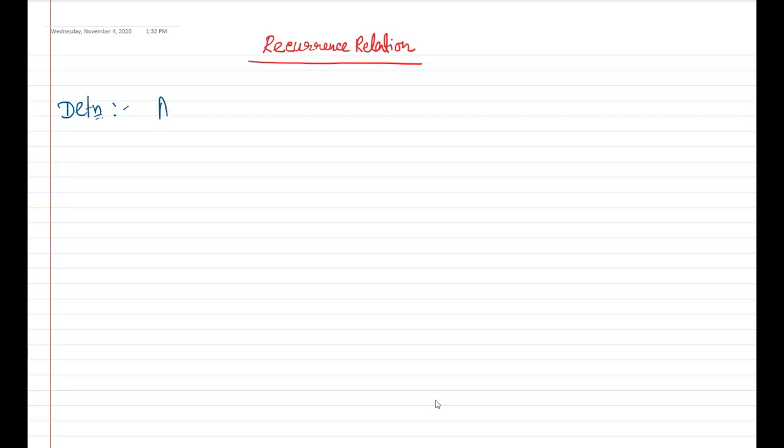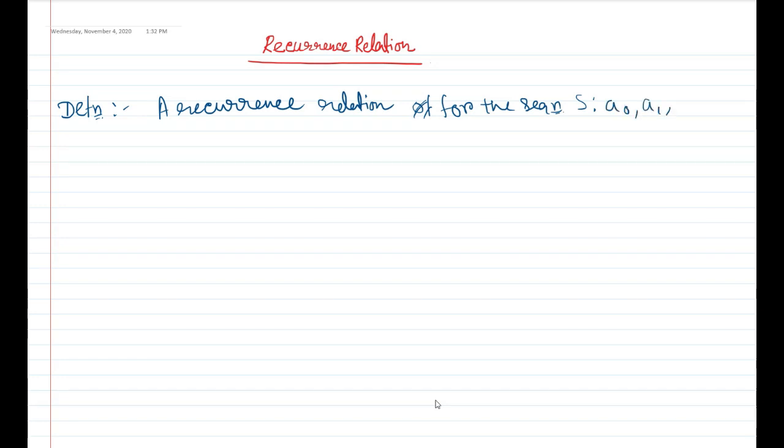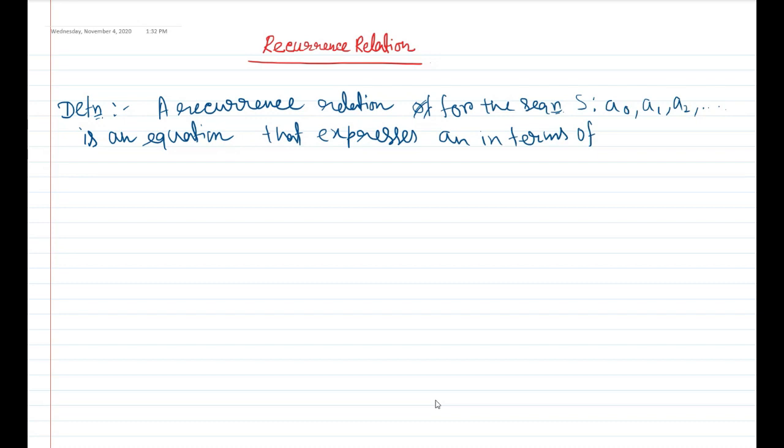Definition: a recurrence relation for the sequence A0, A1, A2 and so on is an equation that expresses an in terms of predecessors,